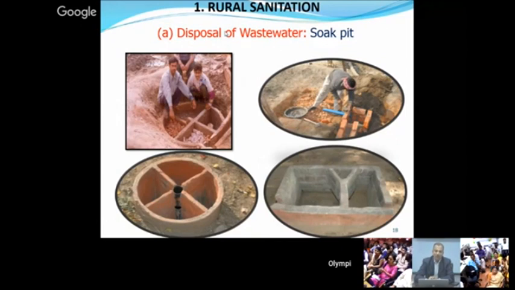In the first corner, you can see there is a 1 cubic meter tank which has been constructed. It can be constructed with the help of ferro cement reinforcement, where we are using chicken mesh reinforcement. So in the first corner, left side, which you see, we have filled it up with various filter materials like stone blocks, stone boulders, then brick bats, and then stone chips. So three important materials: